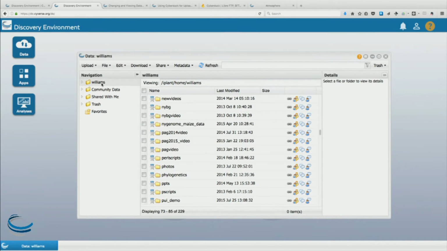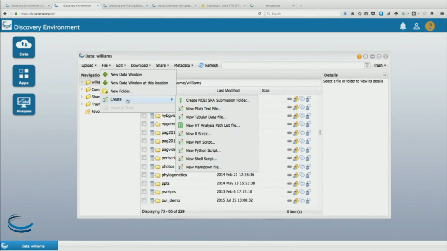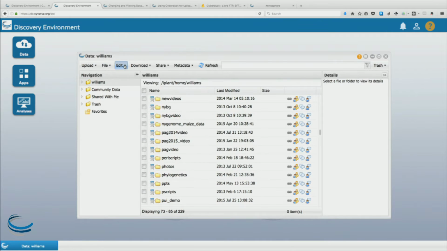That's really all that I'm going to show you in terms of getting started with sharing data. There's a ton of other stuff that I wish I had time to show you, but then this webinar would last much longer. I'll mention that up here there are some other menu features like uploading or importing data. You can also import data from a URL if you have a URL you'd like to put in. Under these other menus, there are a lot of things that you'd expect, like the ability to create new folders or even empty files. There's also the ability to do some edits, downloading, sharing we covered, and one that's really